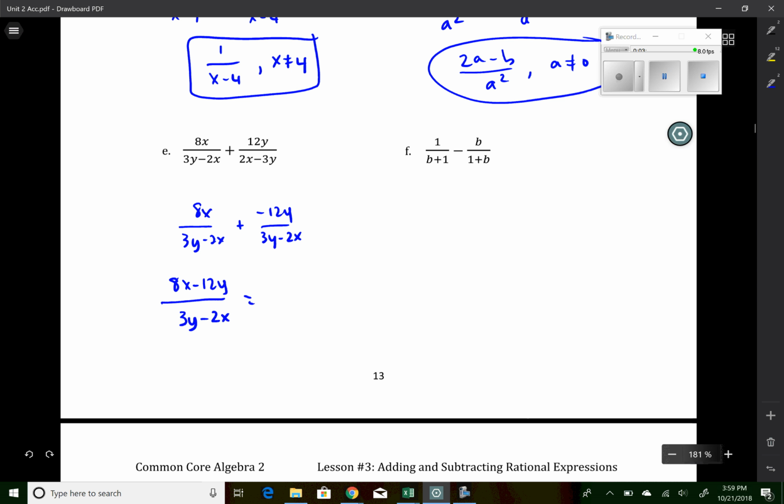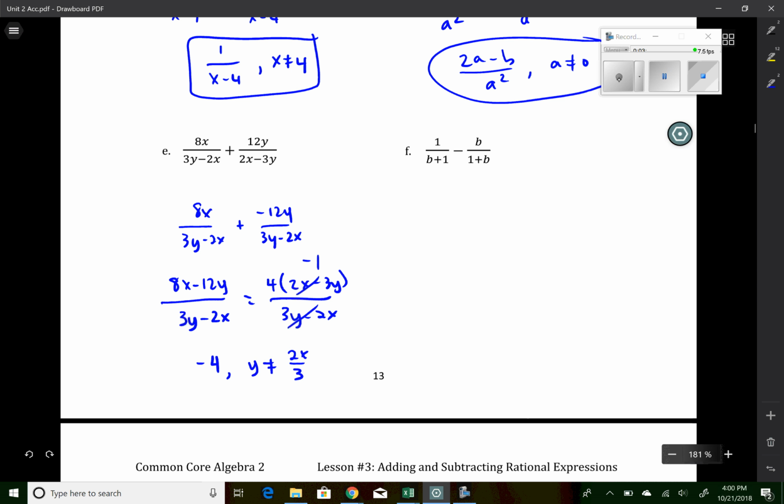And then look to factor, right? In the numerator, I see a GCF of 4. That gives me 2x minus 3y. In the denominator, I have 3y minus 2x. These two are additive inverses, so they become -1 when they reduce. So my final answer here is -4, where y cannot equal